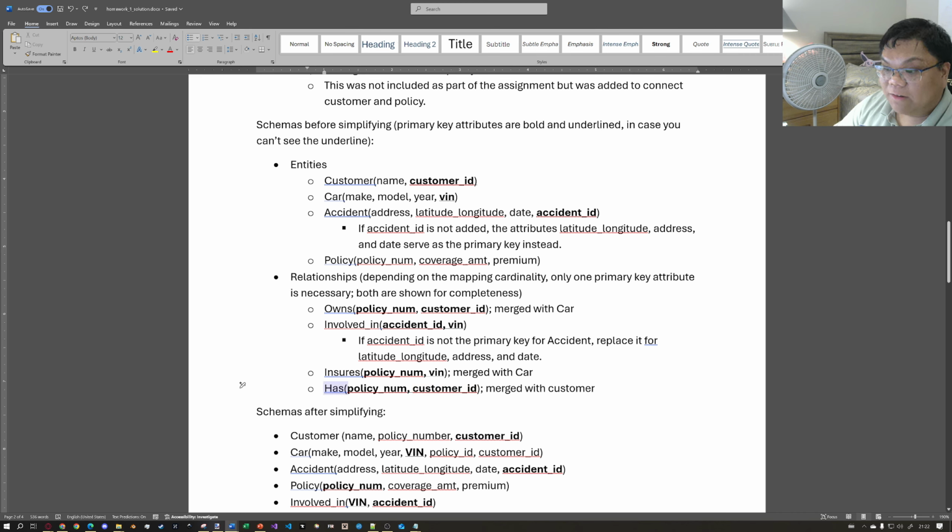That way the has relationship has the primary key of policy number and customer ID. Technically, you only need 1 attribute because this is one-to-one. We can identify a relationship using just one of the two attributes, but for completeness' sake, I just showed both attributes. Because some of these are one-to-many, or many-to-one, or many-to-many, and in those cases, you need... In the case of many-to-many, you actually need both attributes to be the primary key of a relationship. Anyway,